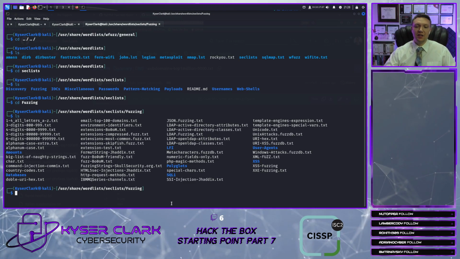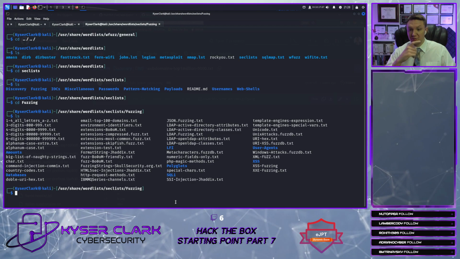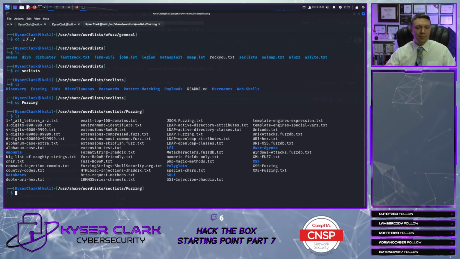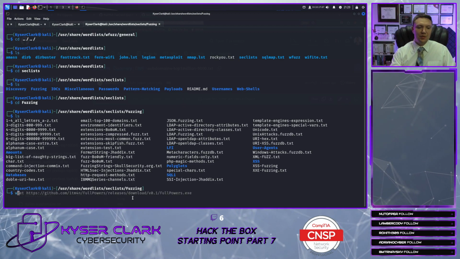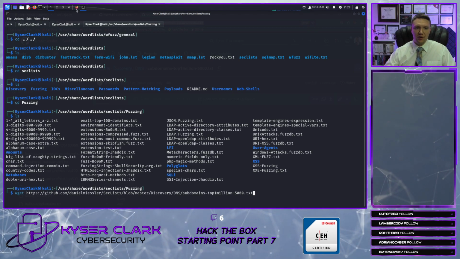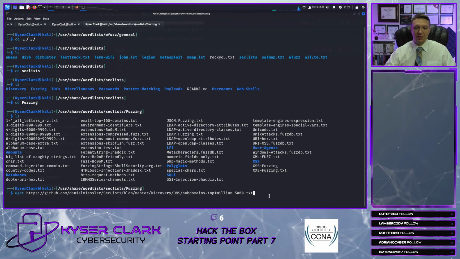That's okay. It's not built into Kali, at least the list that I'm about to try to use, because none of these specifically say subdomains, so that's why I don't want to use them. But that's okay, because all we have to do is do a wget and then paste the URL that we just copied from the GitHub repository here, and it's going to download it. So if we do wget,